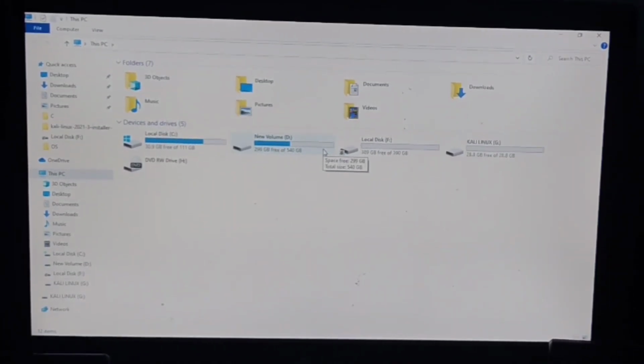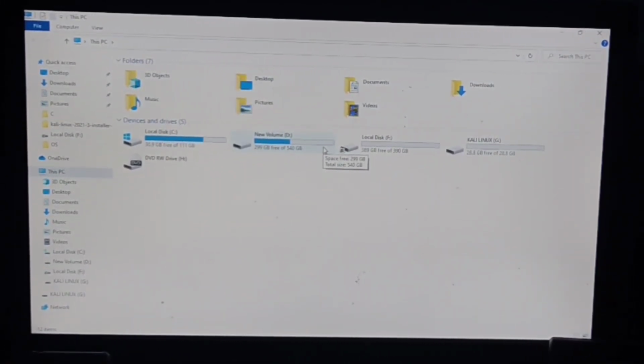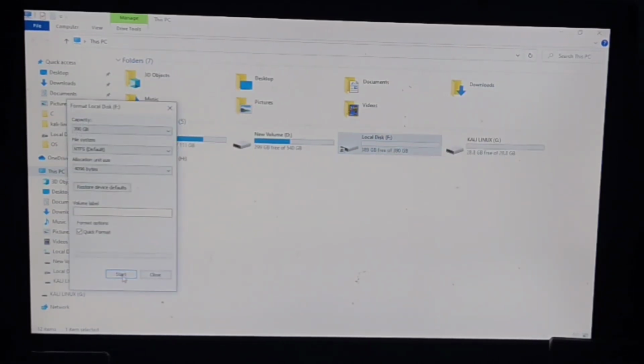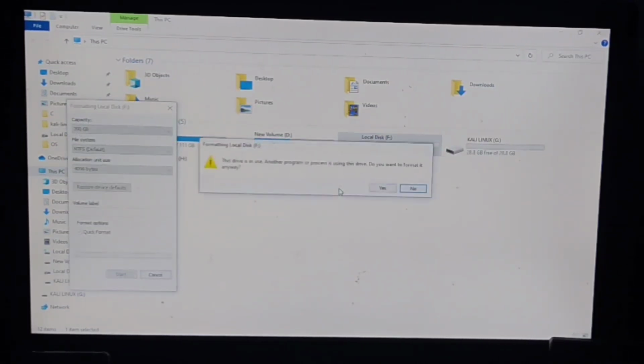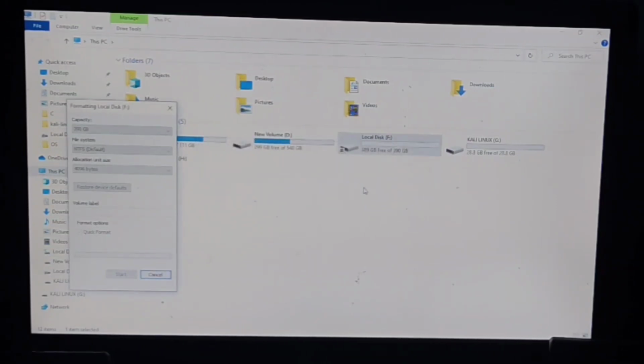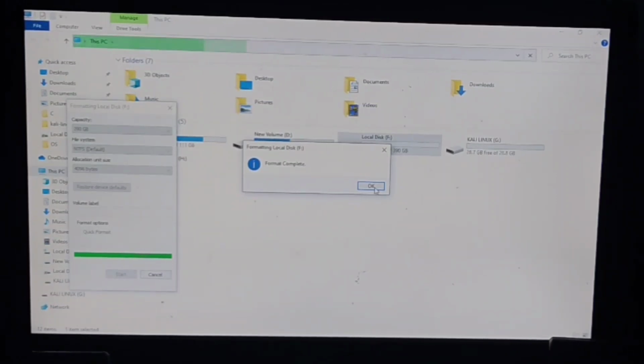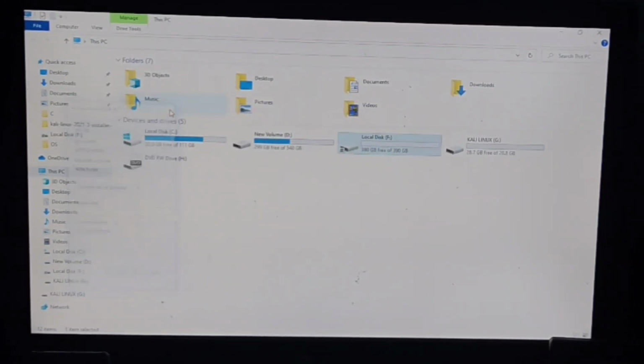Note that the partition should be fully free. My partition is fully free. I will format it. It is totally free. I use it to install Linux.